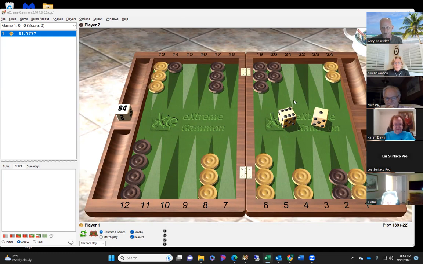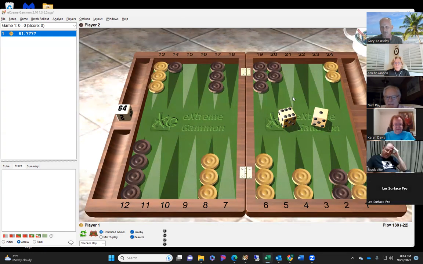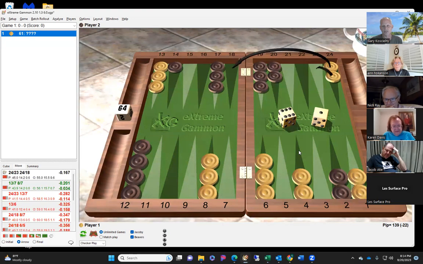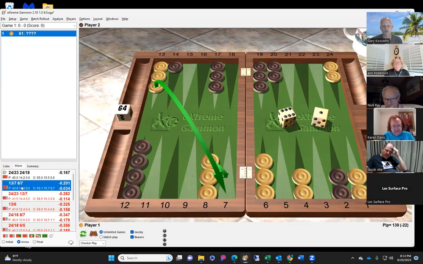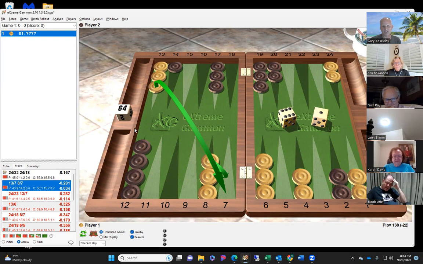So what do you think is the proper move with this example? 13, 7, 6, 5. 24, 18, 24, 23. Yeah, Jake. And so that actually is the correct move. I think virtually everyone would make this move, because this is the obvious move. That's what you always do with the 6-1, and it makes a lot of sense because you're making a strong point, but and here's where